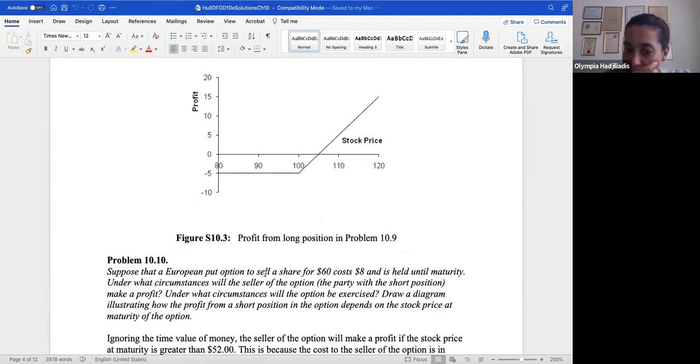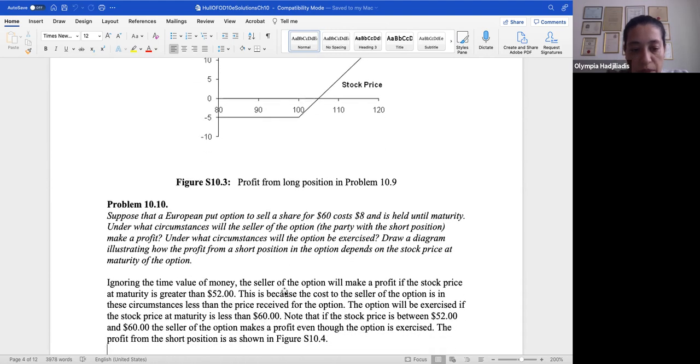So suppose that a European put option to sell a share for $60 costs $8 and is held until maturity. Under what circumstances will the seller of the option, the party with the short position, make a profit? Under what circumstances will the option be exercised? Draw a diagram illustrating how the profit from a short position in the option depends on the stock price at